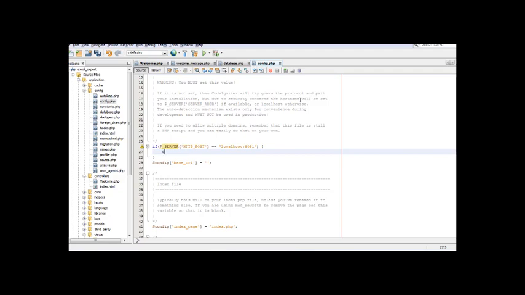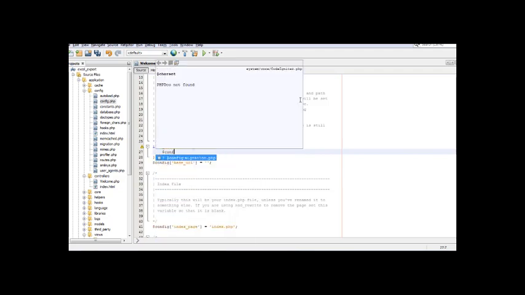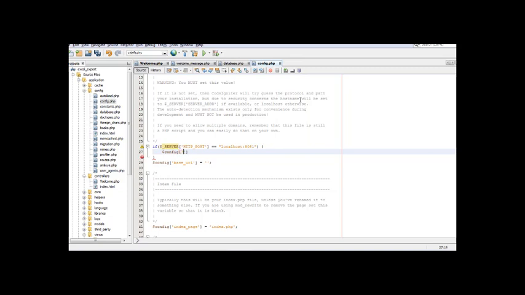Okay, then $config['base_url'] is equal to